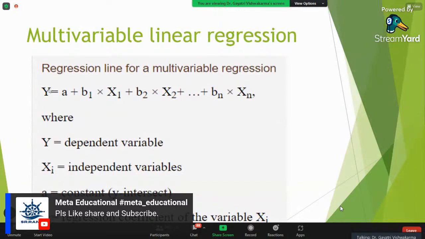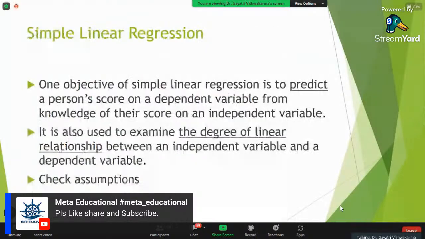So in this case, if y is your dichotomous variable, you have to apply logistic regression. Now when you talk about multivariable, if you are just trying to find the relationship between y and x, that's only one variable. It is known as univariate regression. When you are including more than one variable in the equation, it is known as multivariable linear regression. Okay, so simple linear regression.